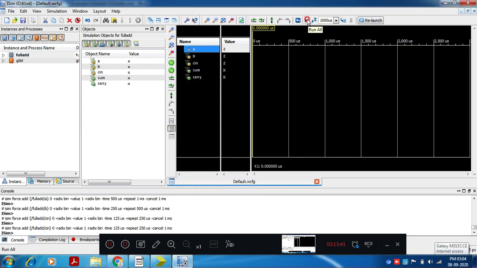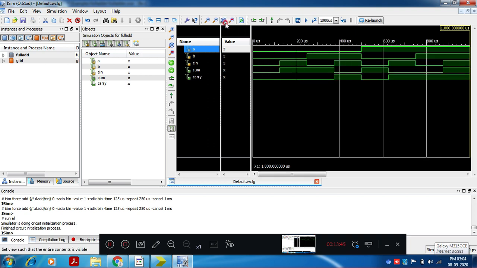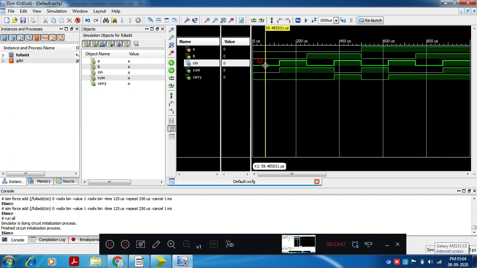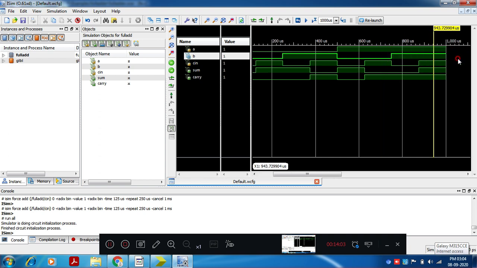When I click on simulate, I can observe fit to window. If I click, 0 0 0 first combination, then 0 0 1, 0 1 0, 0 1 1, 1 0 0, 1 0 1, 1 1 0, 111. All 8 combinations on a single click you will get.